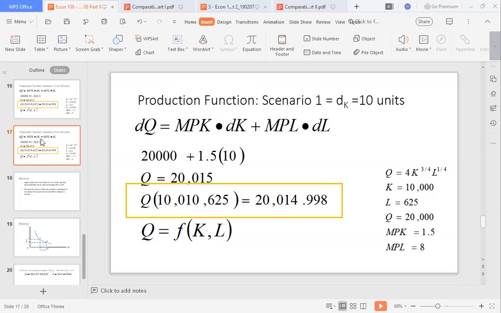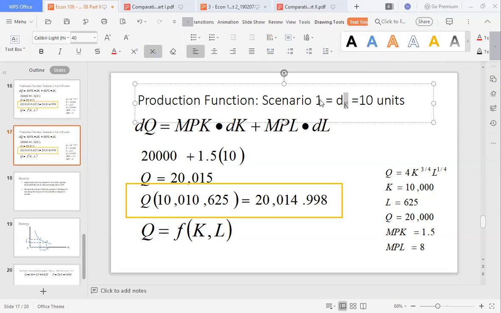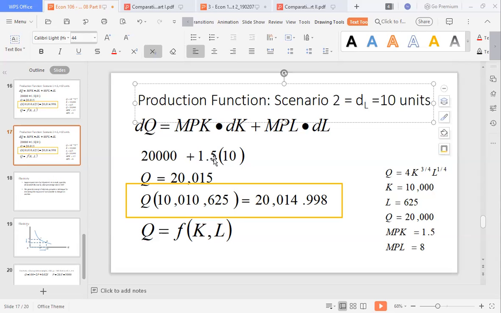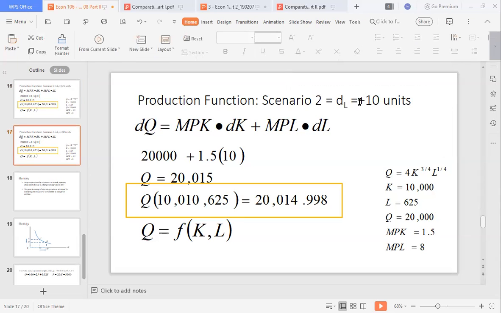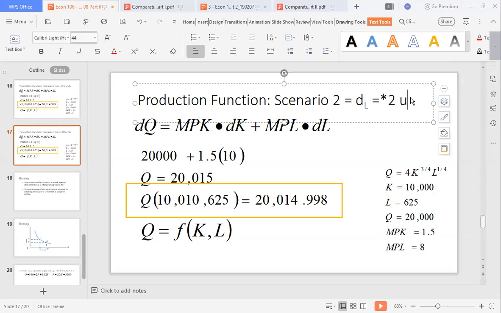kasi we're constrained with time. So supposing scenario 2, okay, let me just change some stuff here. So supposing DL, again, this is positive 10, di ba? Kanina, we did positive 10, meaning we add 10 units to capital. What will happen if this is negative 2? Meaning that,